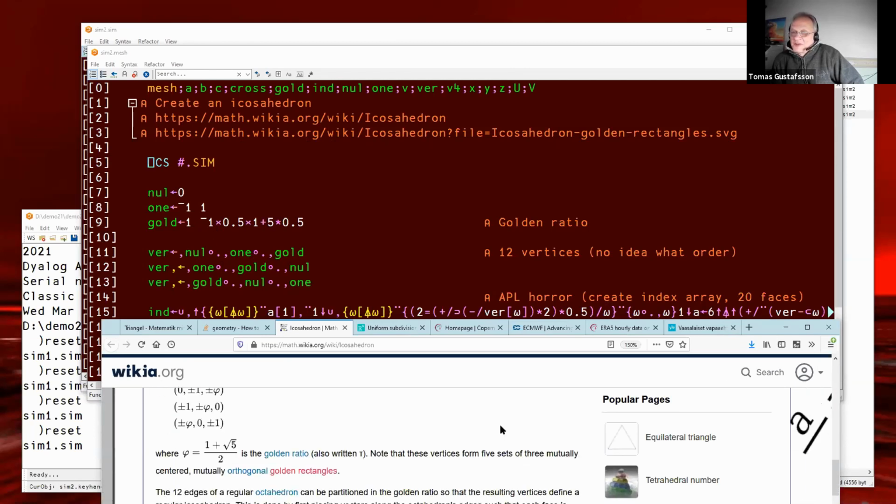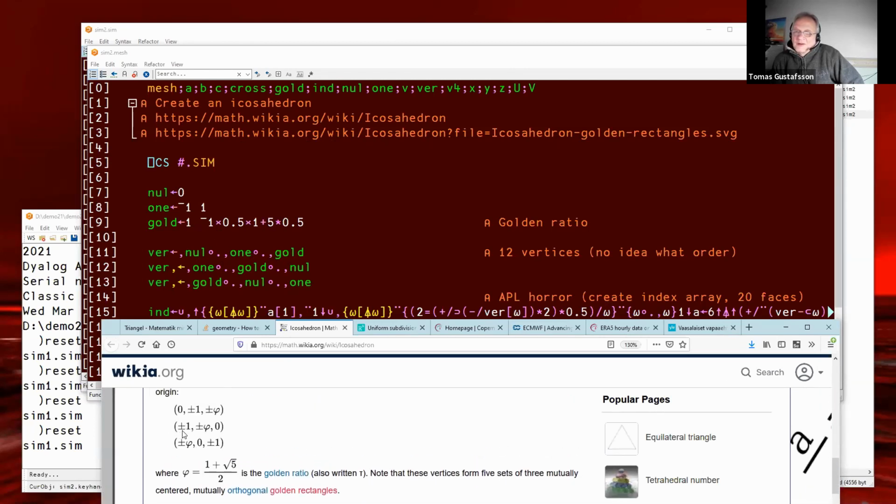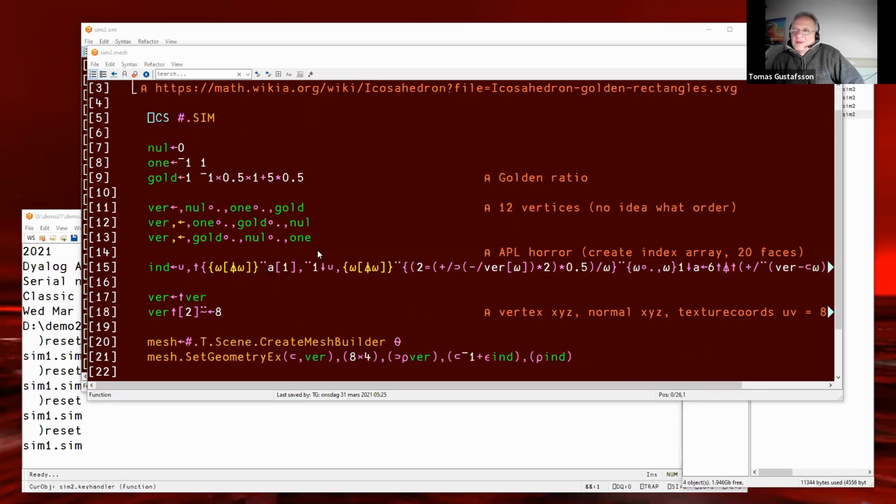Then we had something like plus minus 1 here, plus minus gold here, and null 1 0. And the last one was plus minus gold 1 0 and plus minus 1. Okay. So this will create a table of 12 rows by 3.